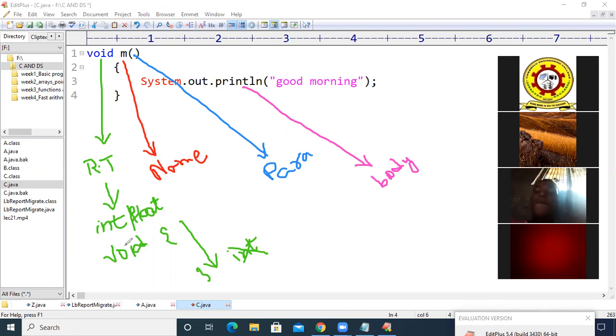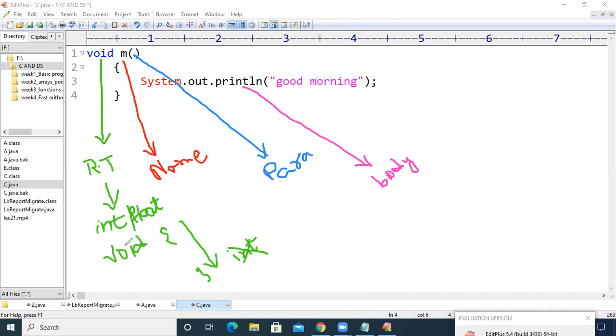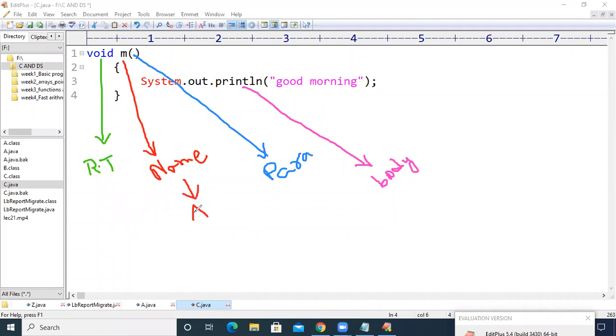If the method does not return anything, then we maintain void as the return type. And next, coming to the name, we can have any name as a method name other than keywords.